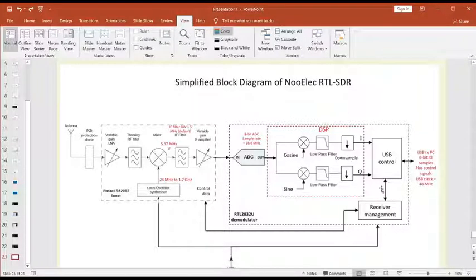So that is pretty powerful stuff, all going on in something that is the size of a pack of